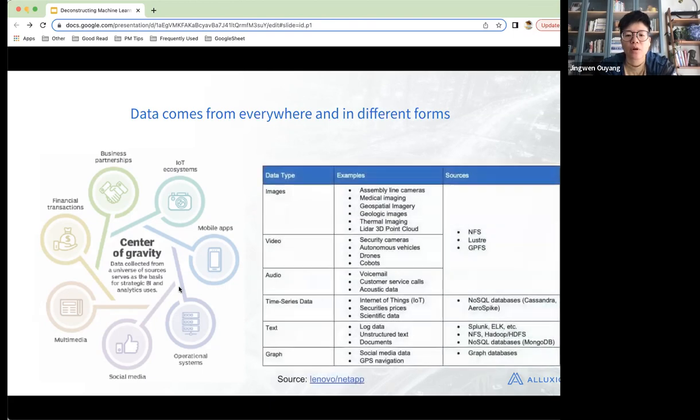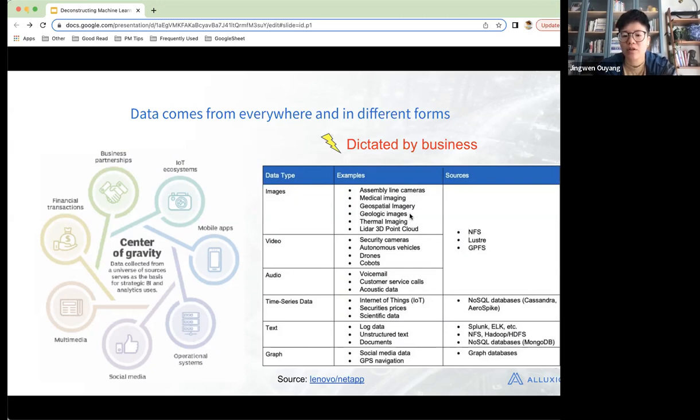Let's not look too much into the text, but depending on the business use cases, we get different data types, like images, videos, audio, and text. All these are dictated by the business. So as data practitioners, we encounter all the different types without our control, right? There's no way to consolidate them into only images or only text, or even within images, there are different types of files. So we cannot control that in a sense.